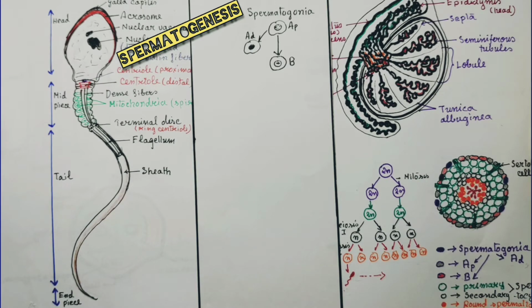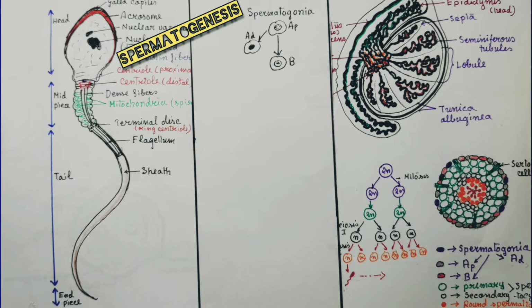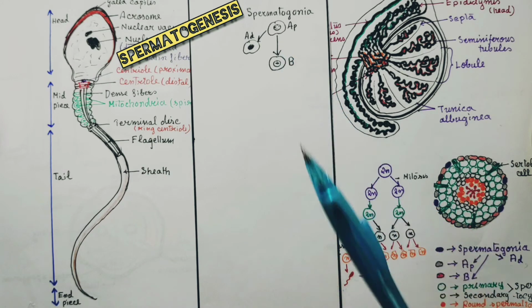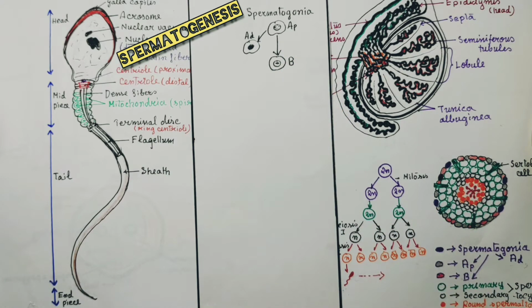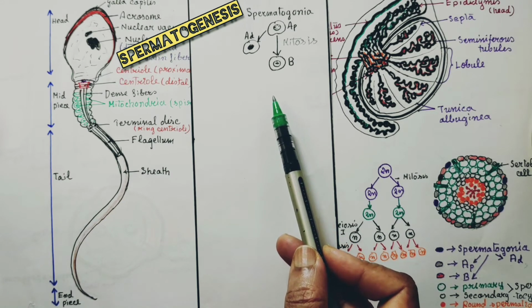Spermatogonia are of two types, type A and type B. In type A there are two subtypes, Ad and Ap. Ad is with dark nucleus and Ap is with pale nucleus. Ad acts as a reserve cell and usually does not undergo active mitosis. Type A with pale nucleus undergoes active mitosis and forms type B cells. These type B cells give rise to primary spermatocytes.